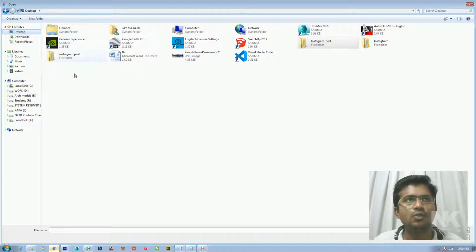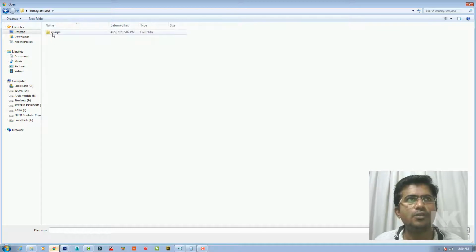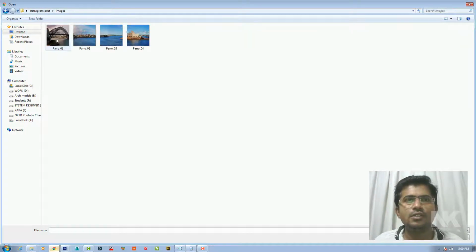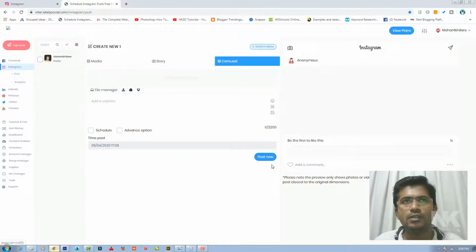So you go through the process: desktop, Instagram post, and the images. Always select the first image first. It will take 1, 2, 3, 4 in this series.